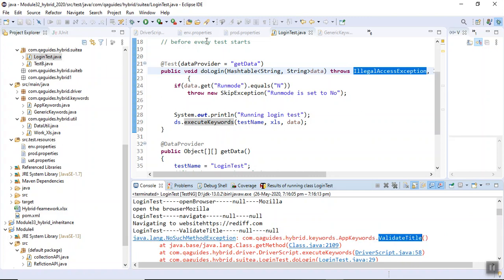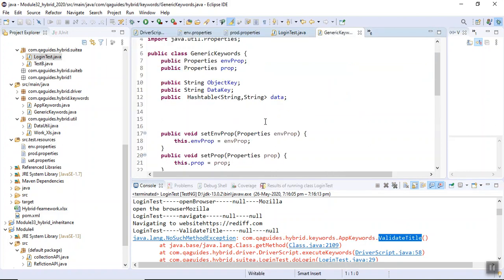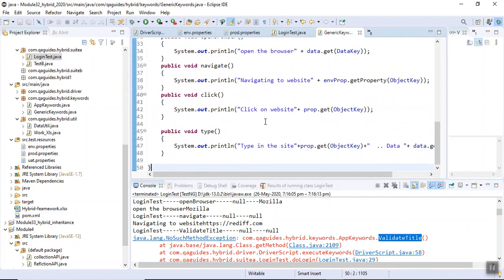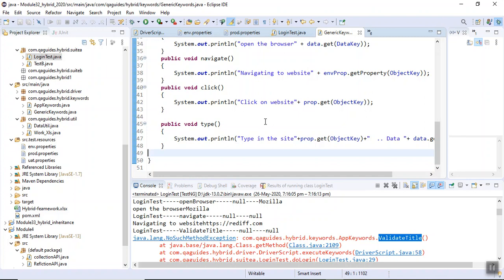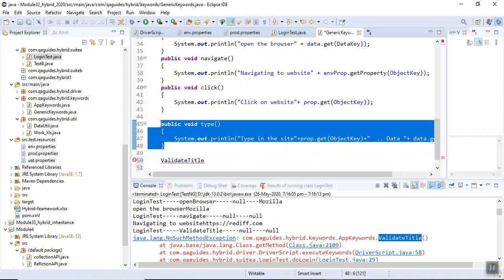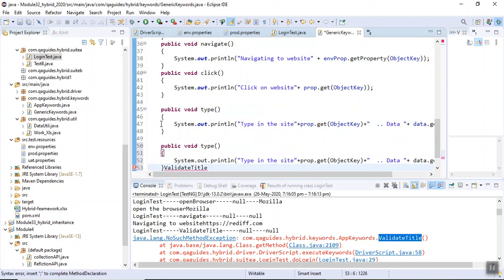So go to your generic keywords and create a function for it.